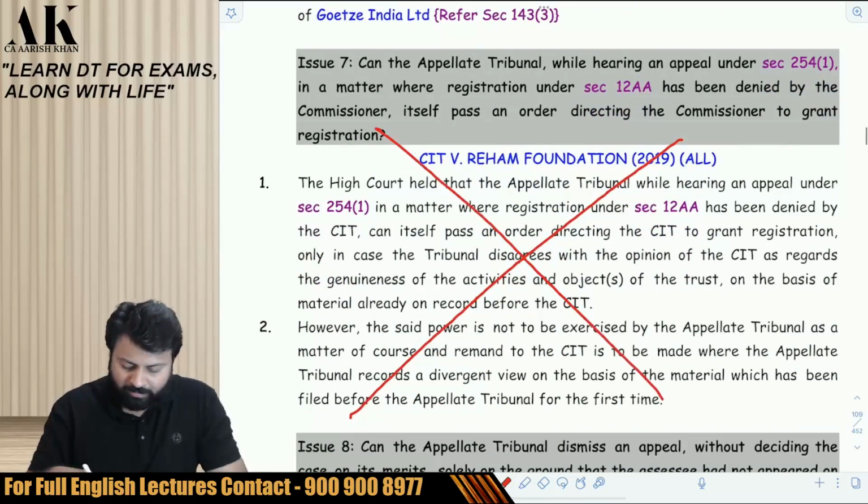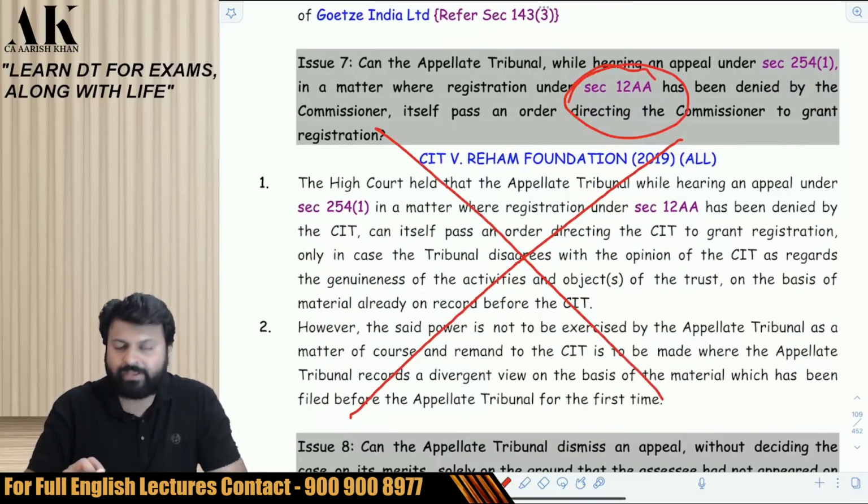Next, this case law is removed by ICAI, so you also remove it, because this section 12AA is also removed by the Finance Act 2020. Therefore, this case law is also removed by ICAI. Okay, so you can remove this. Next,